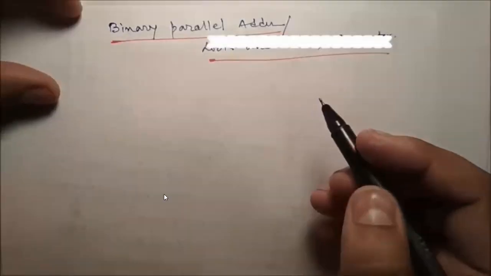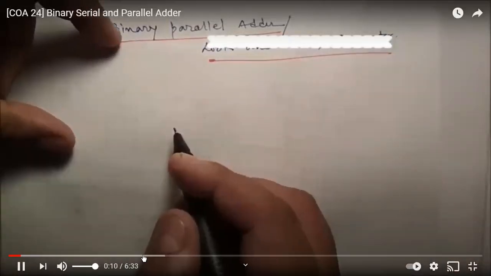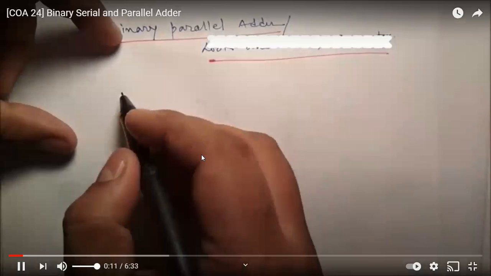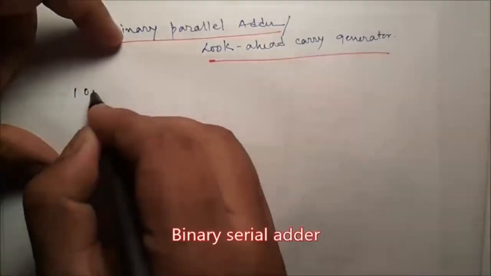We will see what is a binary parallel adder and what is a serial adder. Suppose we want to add 1011